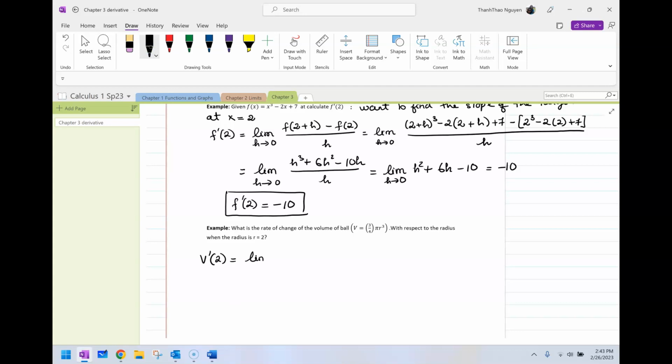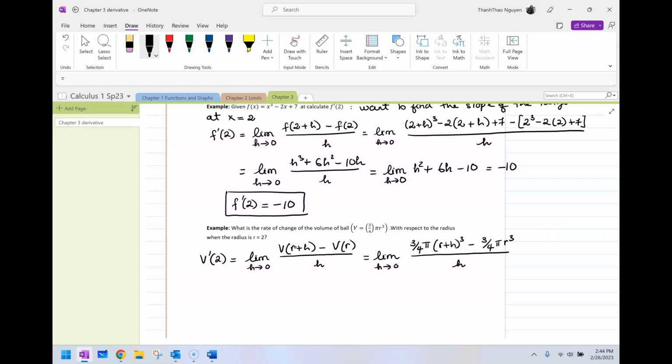That is the limit as h approaches 0 of V of r plus h minus V of r divided by h. So V of r plus h is 3/4 pi times r plus h cubed minus 3/4 pi times r to the third